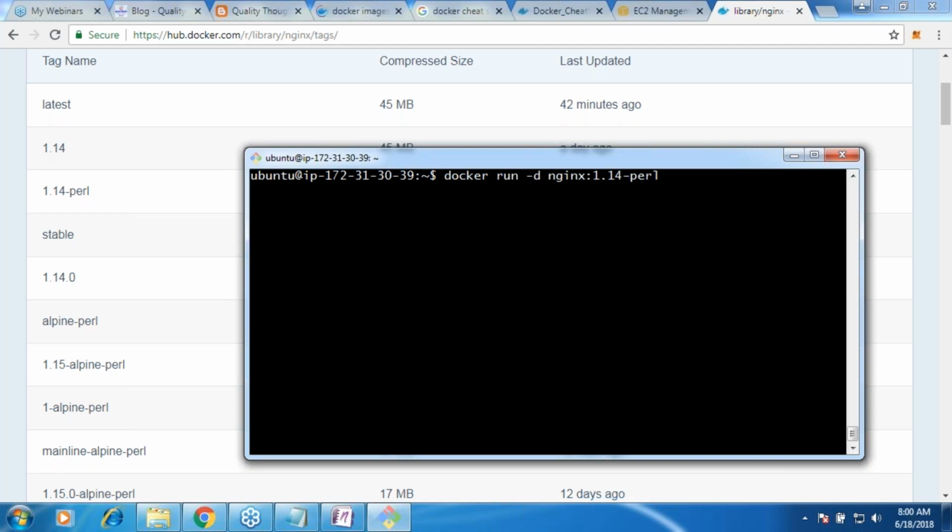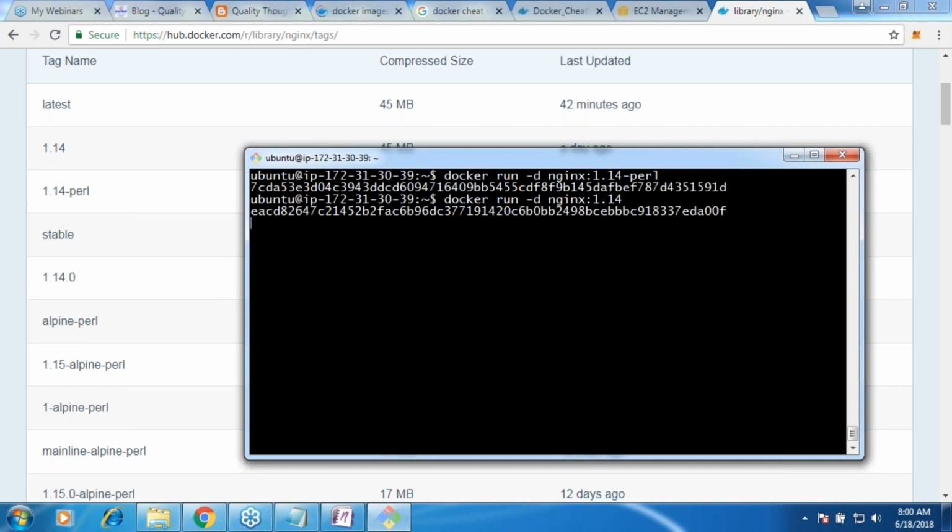So I'm giving -d. The default mode is attached, or what we call a console mode. So let me use this, running in the background. Similarly, I'll use 1.14 running in the background. Nginx, or I'll use Nginx colon latest. Both are same.